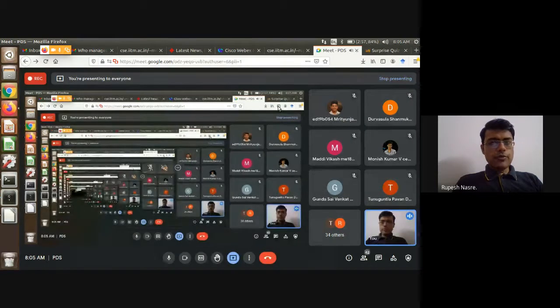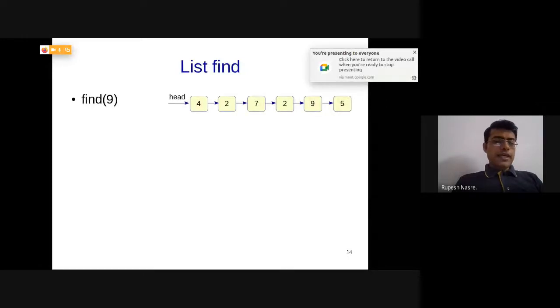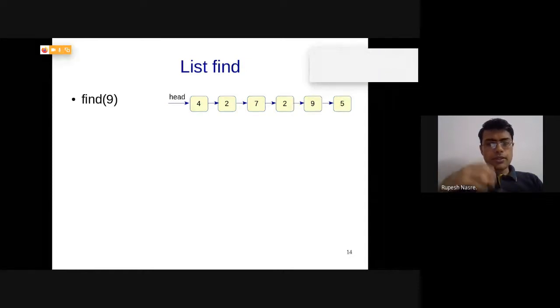Okay. So we'll move ahead from here. Finding is another part that we would like to check, right? Now that we know the printing, I would like you to spend time and think about how you will write the find function. So please write it down. And this time maybe you can avoid the pseudocode.